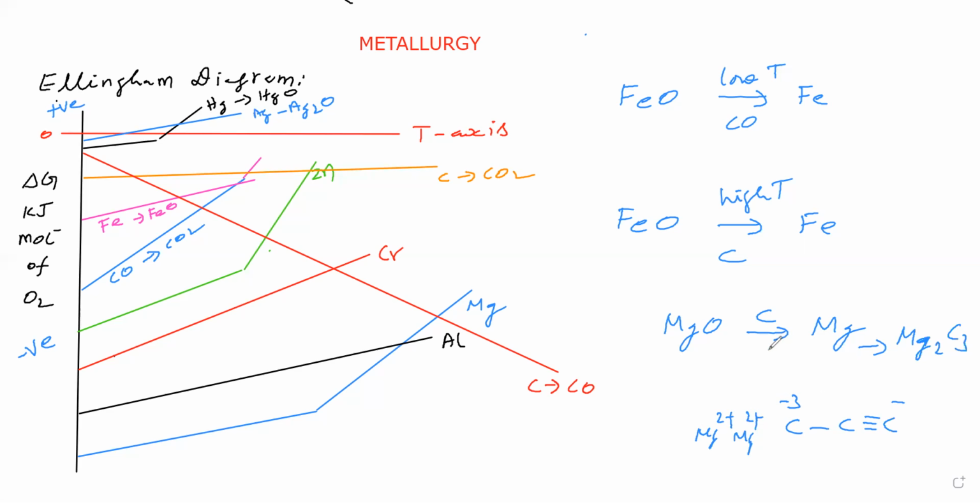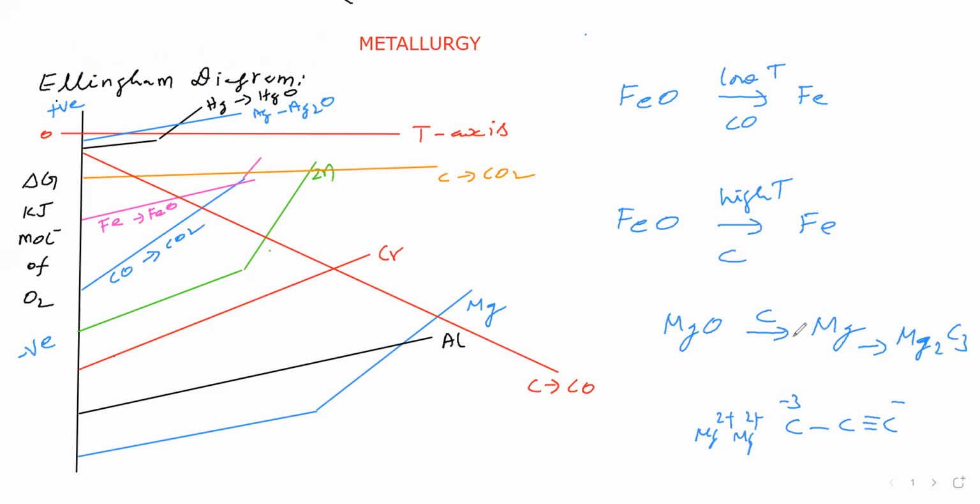agent. So what we are doing is converting magnesium oxide into magnesium chloride. Then magnesium chloride is taken for electrolysis, and we get magnesium at the cathode, because magnesium oxide is an insulator. So we are converting this into magnesium chloride, then taking it for electrolysis, and we get magnesium. We are preparing magnesium in this way.